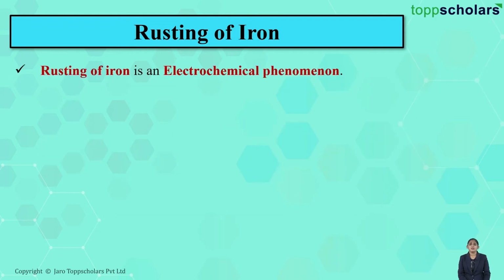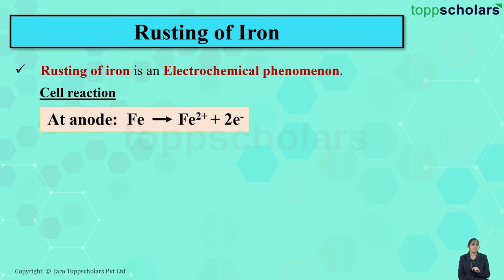So now friends, rusting of iron is not a very simple type of chemical reaction. This rusting of iron is actually an electrochemical reaction, and so we say that rusting of iron is an electrochemical phenomenon. Now what actually happens in rusting of iron? Let's write down the cell reaction. So let's see what happens at the anode. At the anode, the iron atoms lose electrons, and on losing electrons, they get converted into